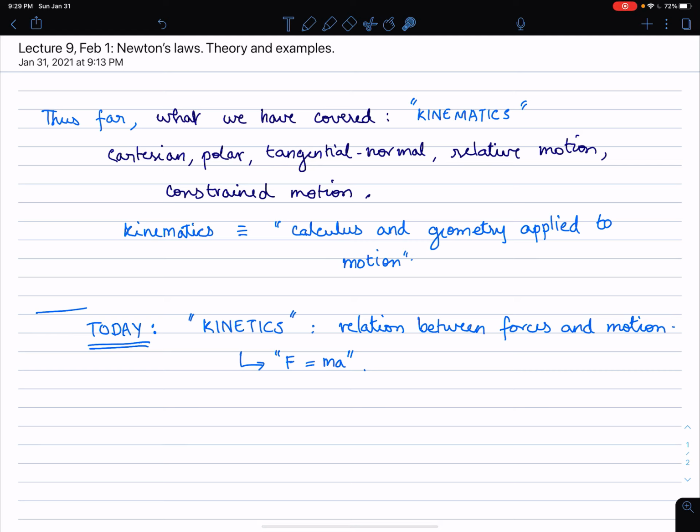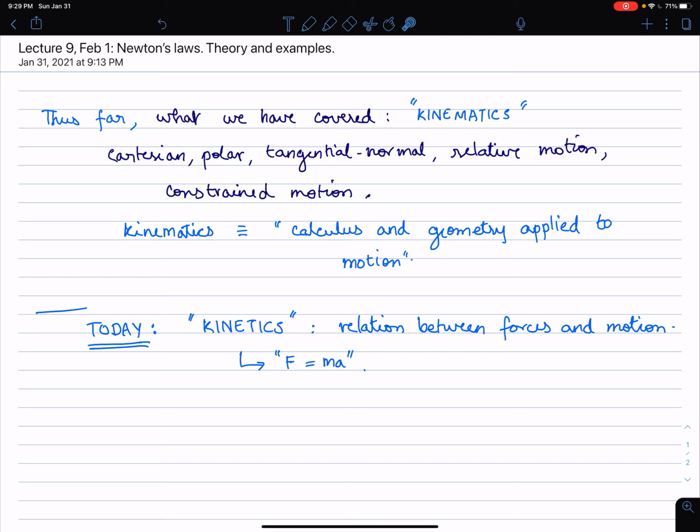So far, we've talked about a variety of different things. For instance, different coordinate systems like Cartesian, polar, tangential normal coordinates. We've also talked about relative motion of one object with respect to another. We've talked about motion of objects constrained to move together in some manner through pulleys or other things. All these topics had to do with application of calculus and/or geometry to the study